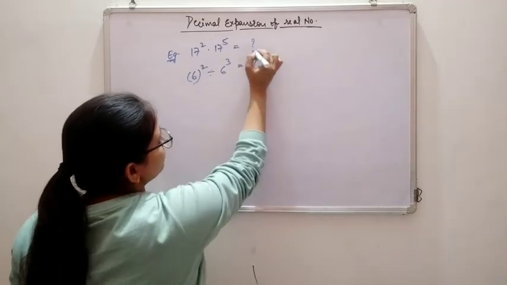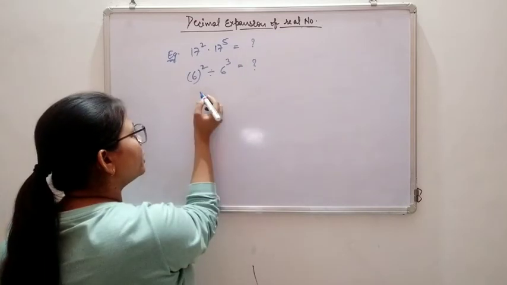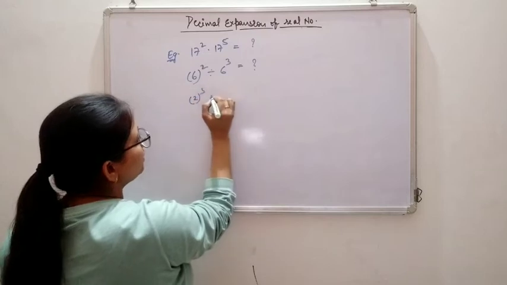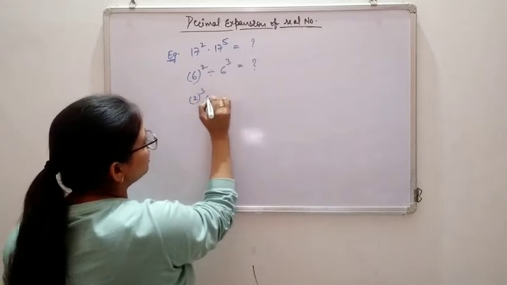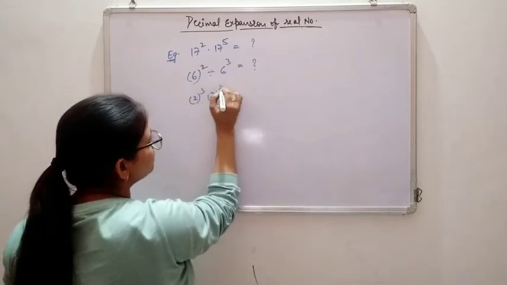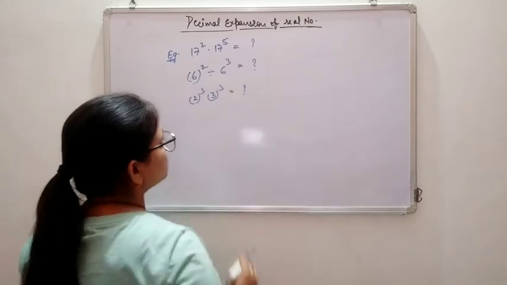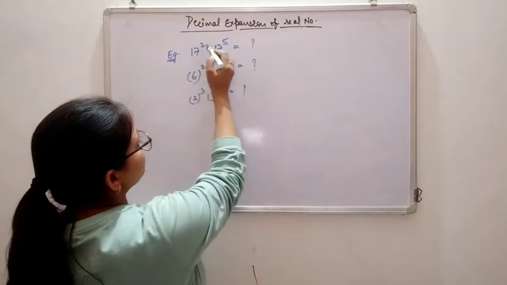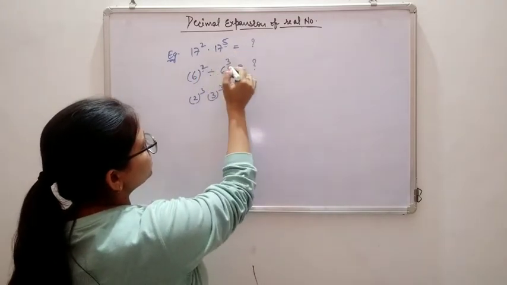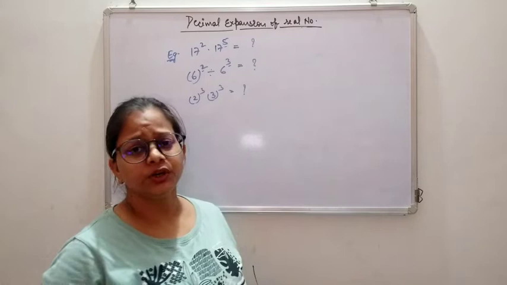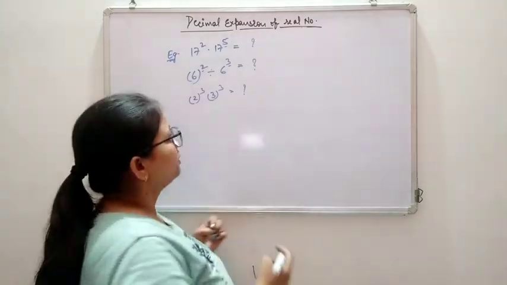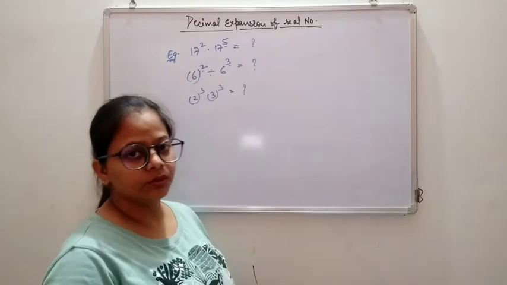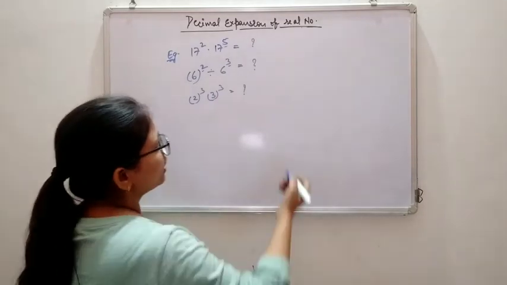What is the answer of these two? Or if there are some numbers like 2 to the power 3 multiplied by 3 to the power 3, right? So how will you solve these type of numbers where there are some exponents over these numbers? Exponent means powers to the number, right? Okay, so there are some identities for these type of numbers. So let's talk about the identities.